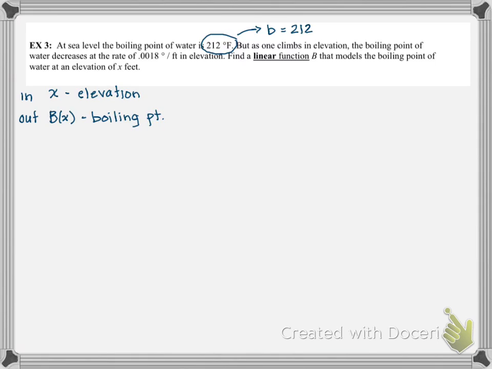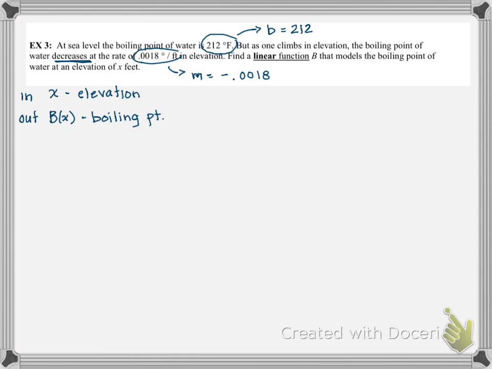And then when it comes to finding rate of change, look for units, right? On that 0.0018, it says degrees per foot. And so any units that have that slash or the word per in them, that's a really good indicator that that's a rate of change. So this is going to be my m. And always look for the word increases or decreases, because often they'll give it as a positive number, but then precede it with the direction it's going. So negative